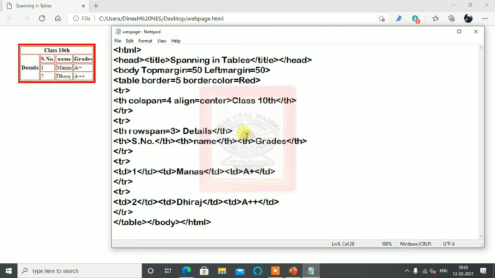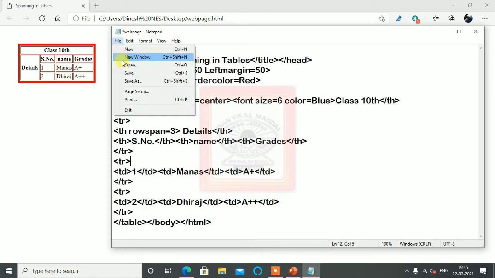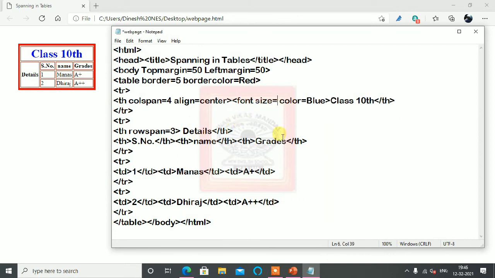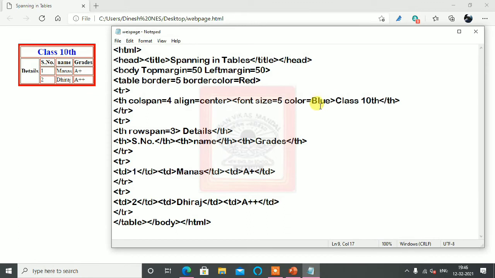For giving it color, you have to use the font tag here. You can use your font tag if you want, and have a bigger size. You can have size equal to 6, and if you want you can give color here as blue, so this will look more attractive, but you have to use this inside the th. Now you can see a very big size 6, and color also I used, but the th only makes it bold. Now for size I increase it to 5. Let's make it a little bit smaller, because it became too big. Yes, now it's okay, and it's having color blue also, which I used with the help of the font tag.